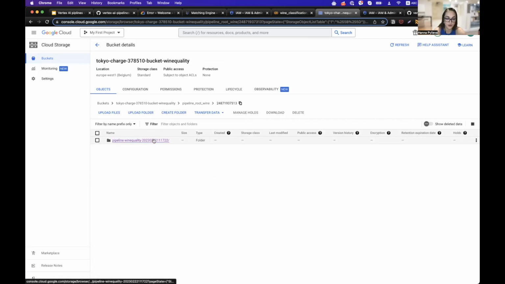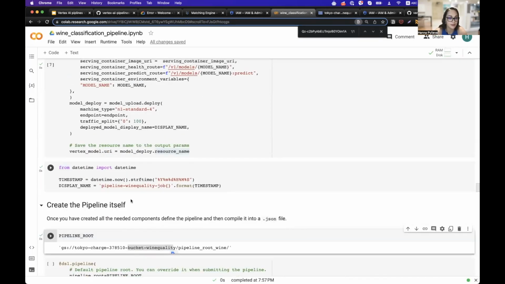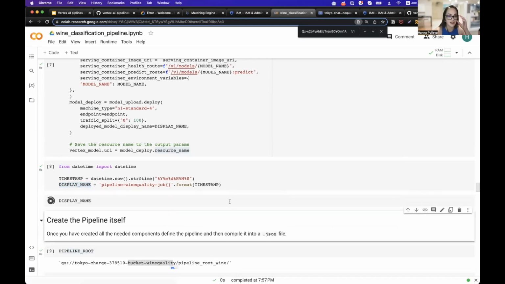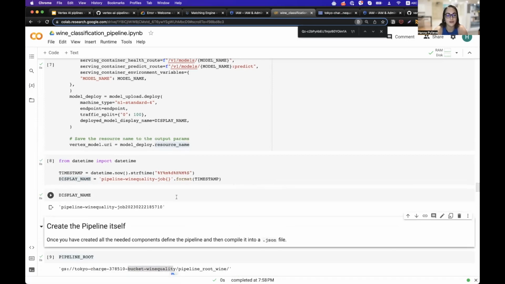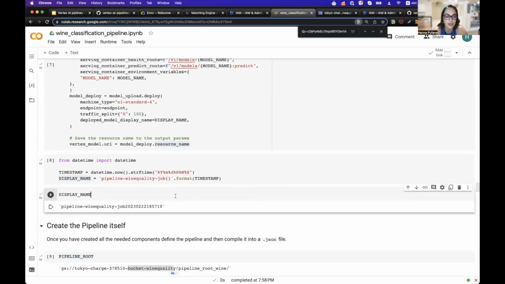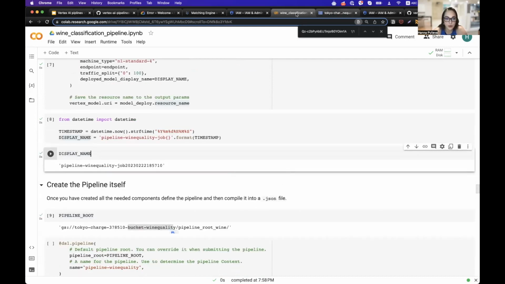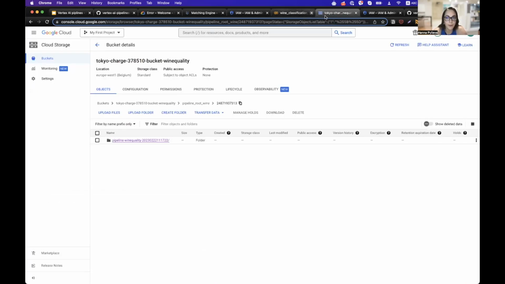So I have already one successful run, and one more pipeline run will be generated here with the display name which we specified in the Notebook. So I ran that before with one timestamp, and currently we will run our pipeline with another display name, which will be the following with another timestamp. You can actually run everything with the same timestamp. Good. So yeah, that's what we have,